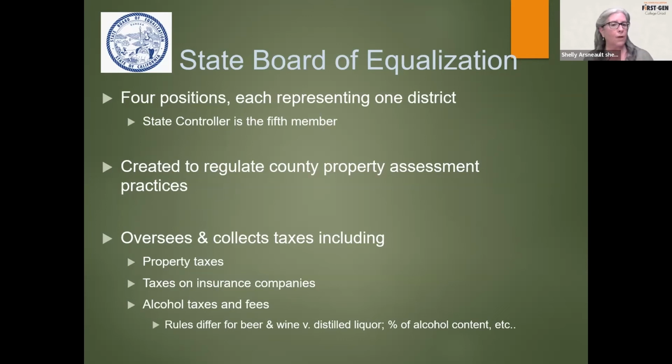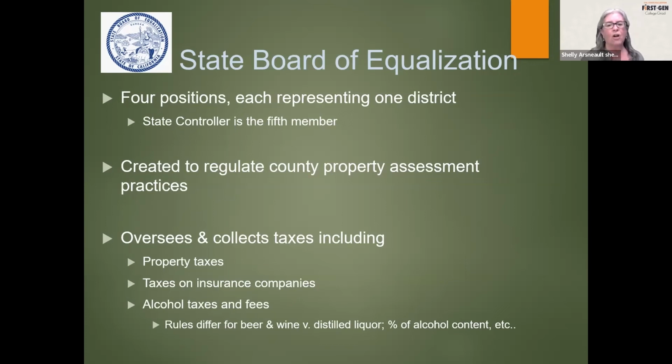So what does the Board of Equalization do now? They oversee and collect really this small number of taxes, especially the property taxes. And that's why they were created in the first place. And then they grew over time, and now they have kind of shrunk. But again, making sure that your assessors in your county are licensed, are doing what they're supposed to do, know what they're supposed to do, are assessing fairly. You can complain to them if they are not.